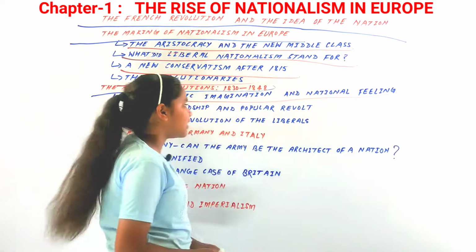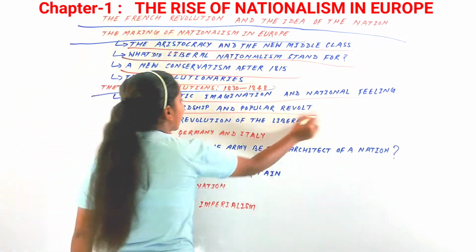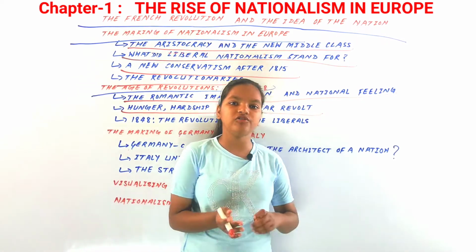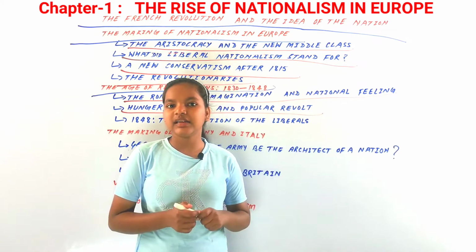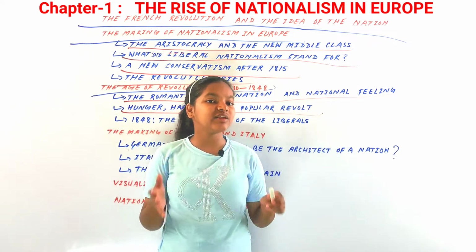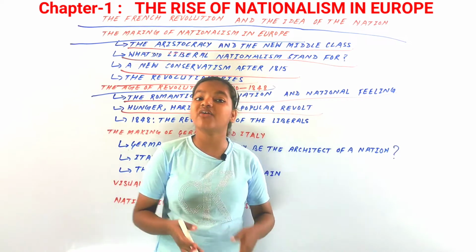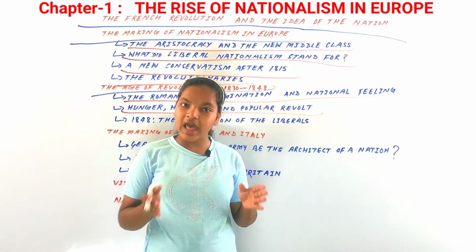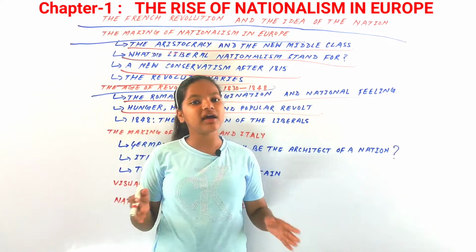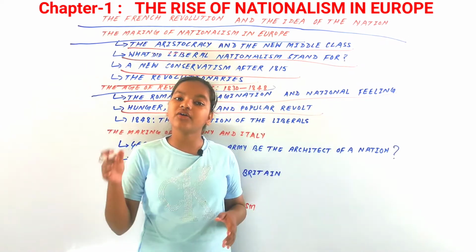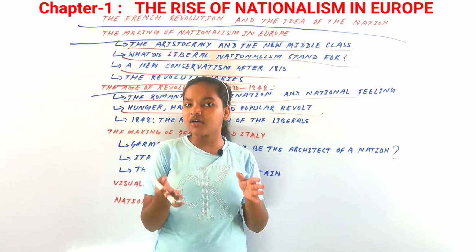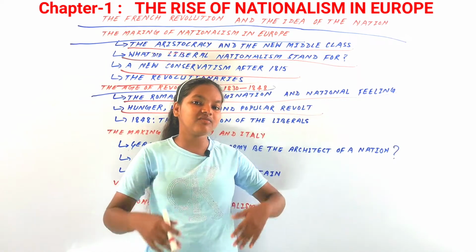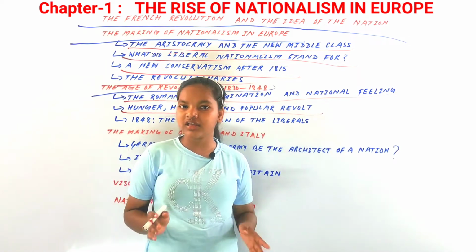Now our next subtopic is hunger, hardship and popular revolt. So you know what, by the 1830s all over Europe a situation could be seen of great economic depression. Now the same situation happened after a century, in 1930 also, a great economic depression, but we are talking about 1830 here. In 1830 there was a very great economic depression all over Europe,